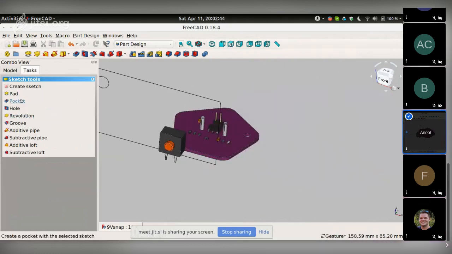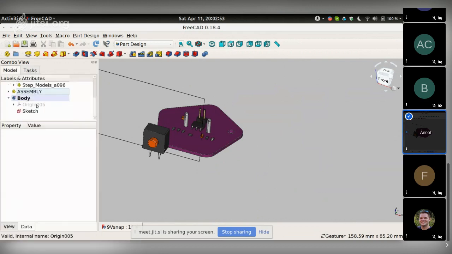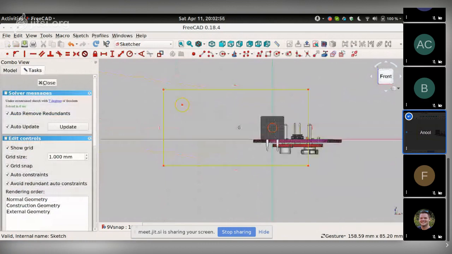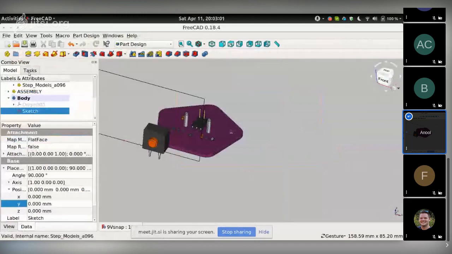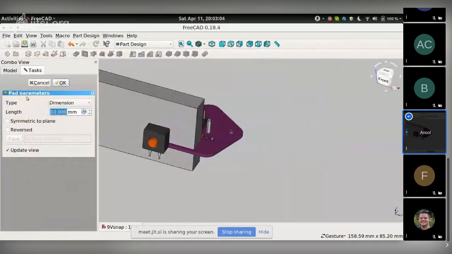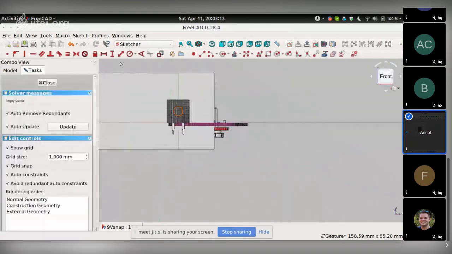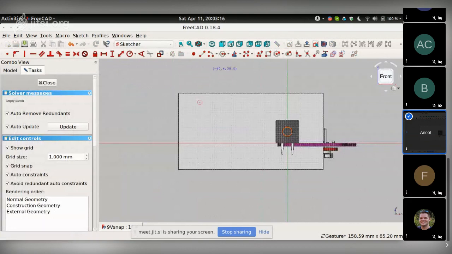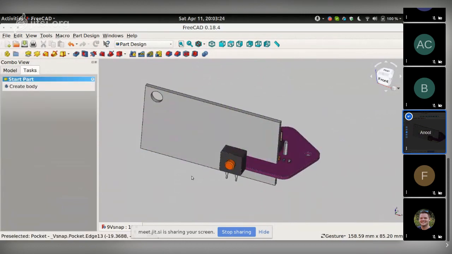So that's my sketch. I pad it, and the reason it isn't working is because I put a hole in it. I delete this, close that, add the sketch through, let's say, 2 mm. Then take this face, create a sketch there, add a circle here, make it a pocket, like so. All right,